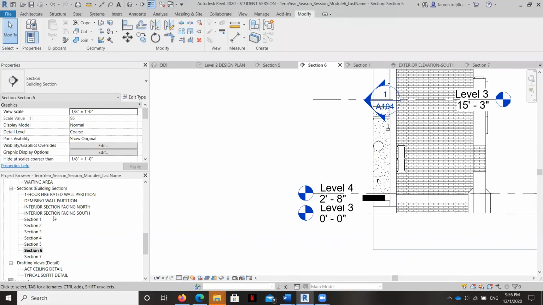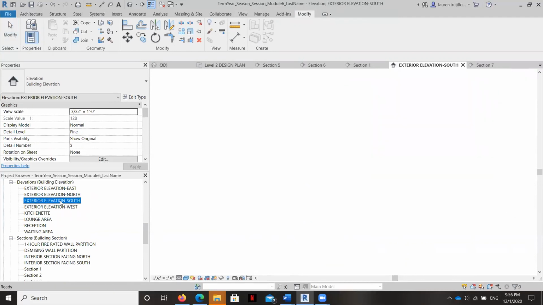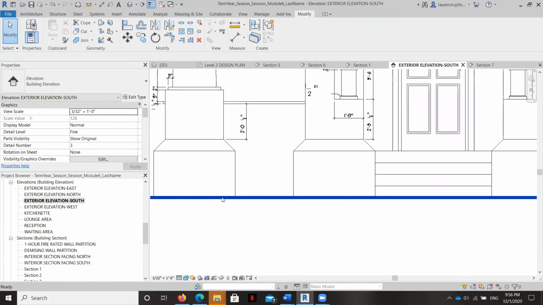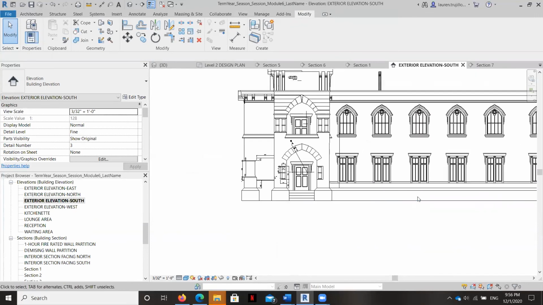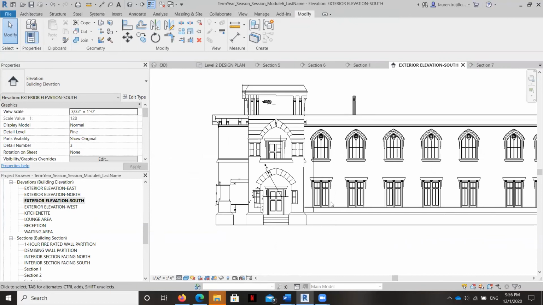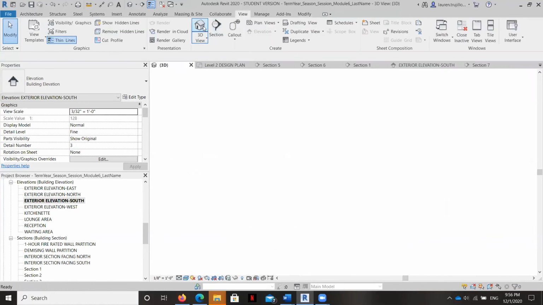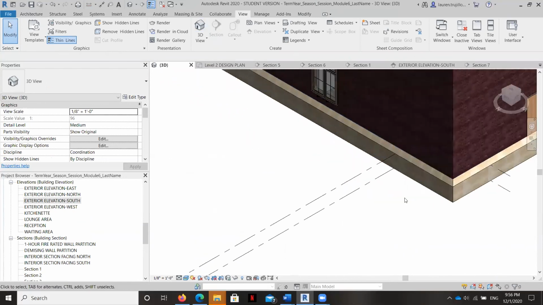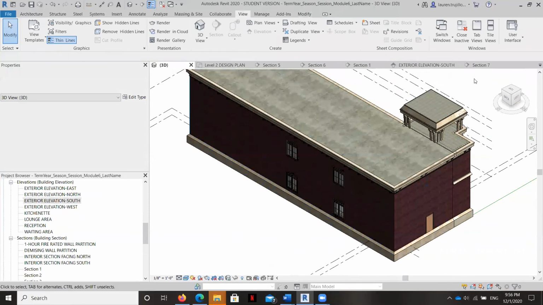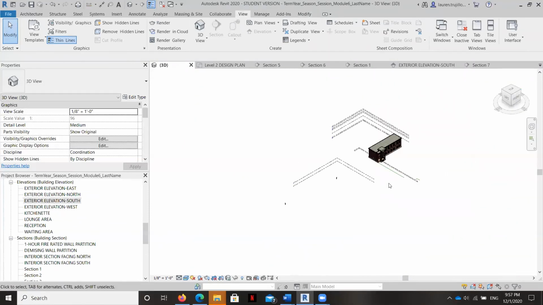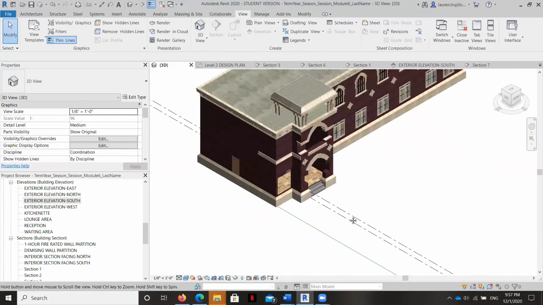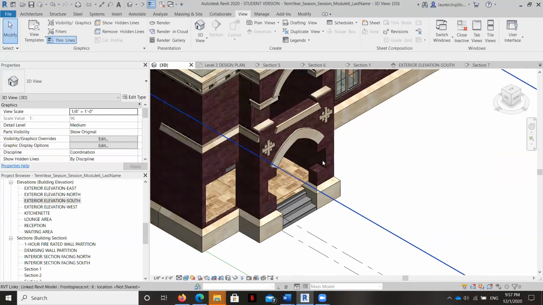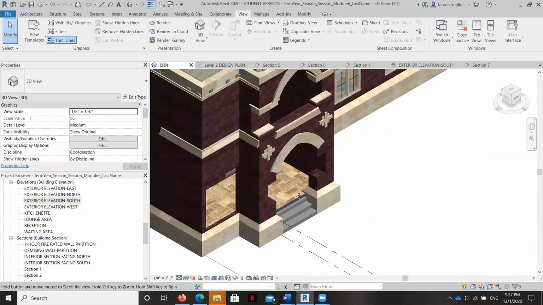Let's take a look at the elevation, looking south. Okay, and so see that little lip that was there before? That little bit of structural floor, now that's gone, so that looks good. Okay, see, it's gone. Beautiful. All right, now we've got the structural elements figured out and kind of fixed. Let's move to the architectural ones.